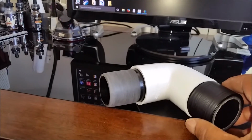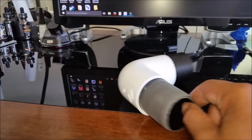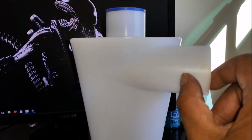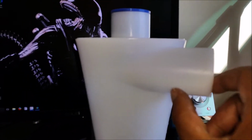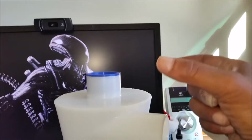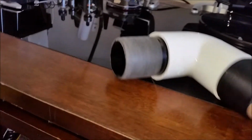So after playing around a little bit, I found out that this 1.5 inch ABS actually plugs right into this side. It only slides in about that far, but I was like, oh my God. Can't believe this. I've been goofing around, and actually I wanted an elbow on this side so I have a little bit more adjustability if I want the inlet this way. If I want it that way, facing down, then this is the ticket. So I ended up,